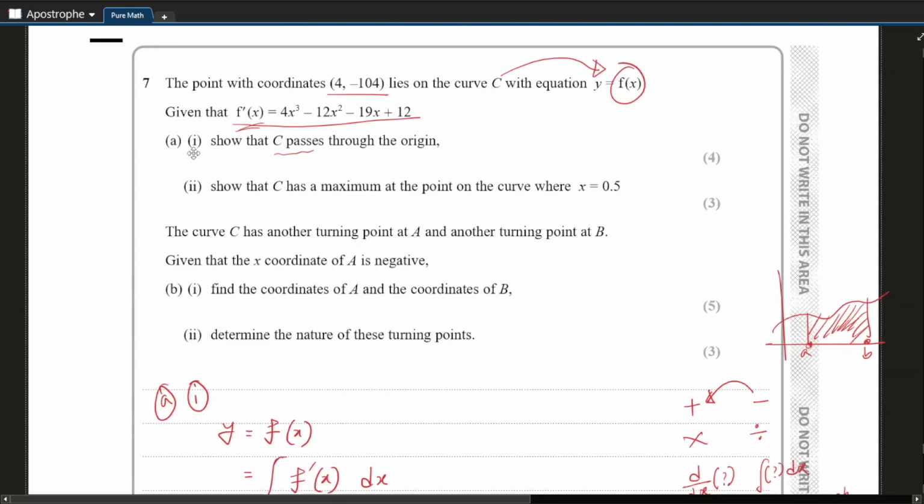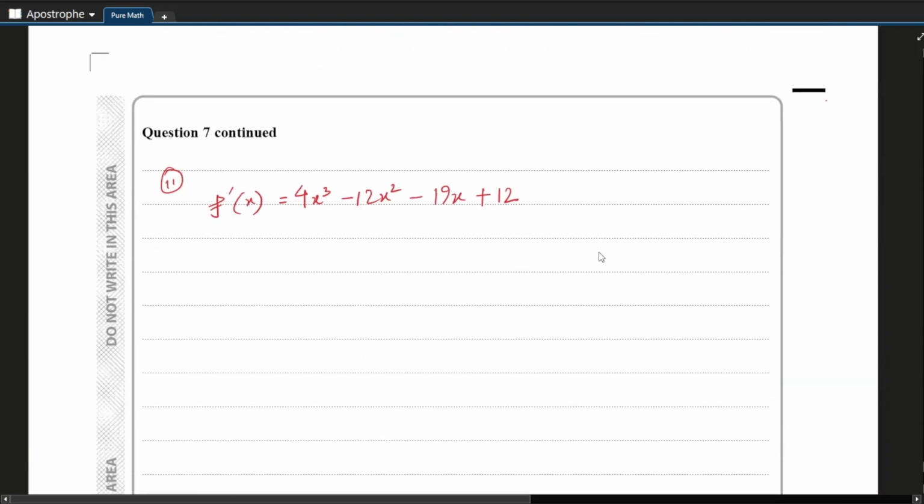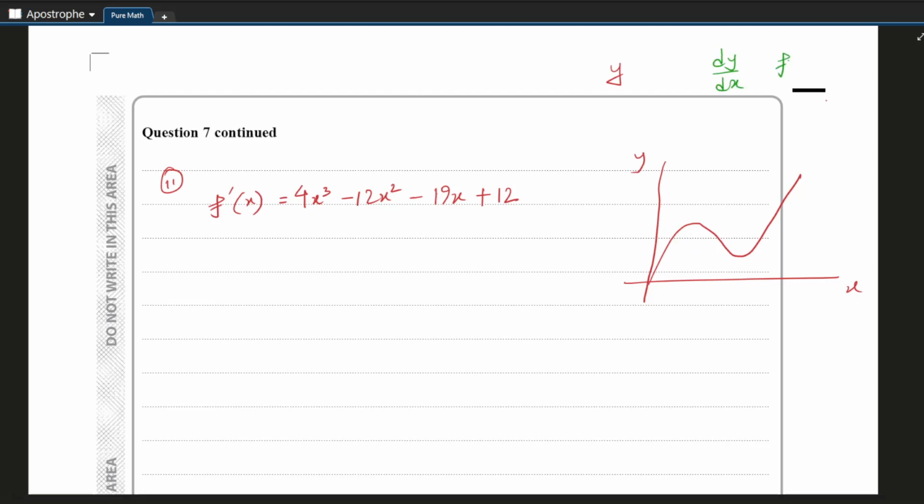As for question A2, it says show that C has a maximum at the point on the curve where x is equal to 0.5. Before we find the maximum, let's say this is x, this is y, and this is our curve. If we look at here, when we find dy by dx or f prime of x or y1, they are all the same, just different